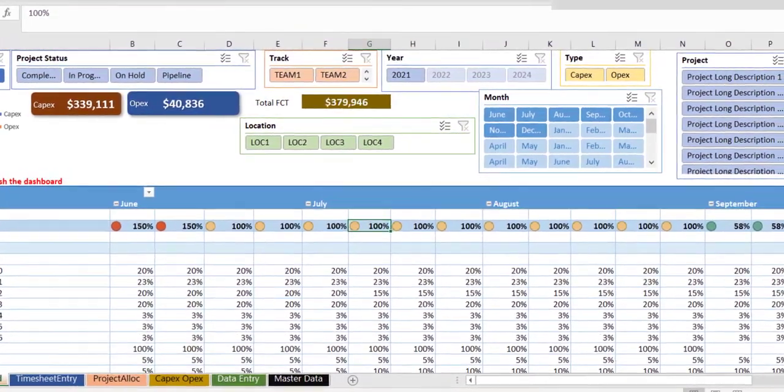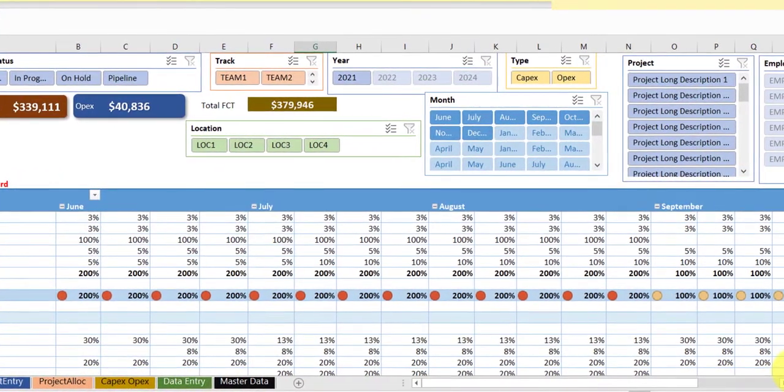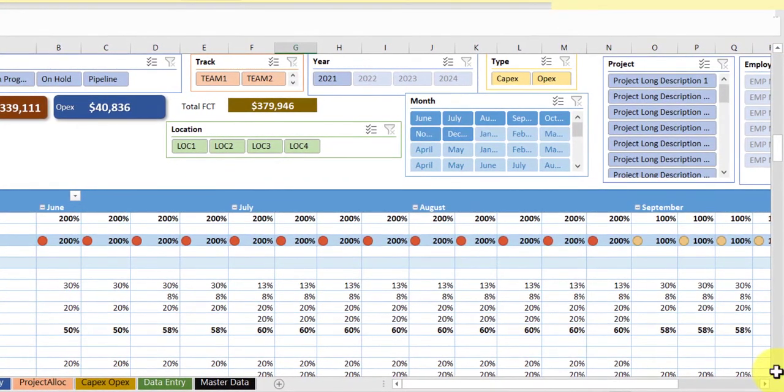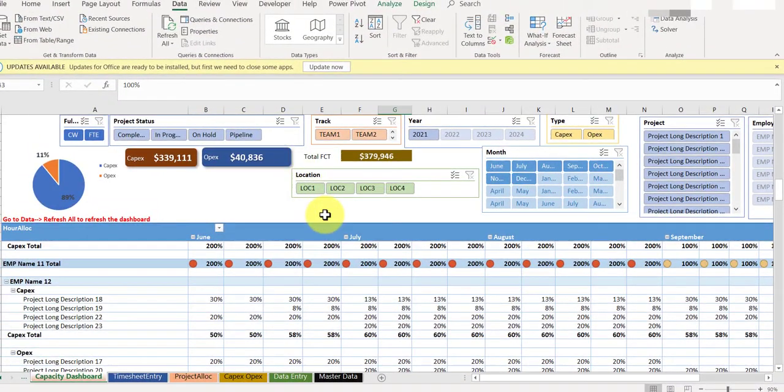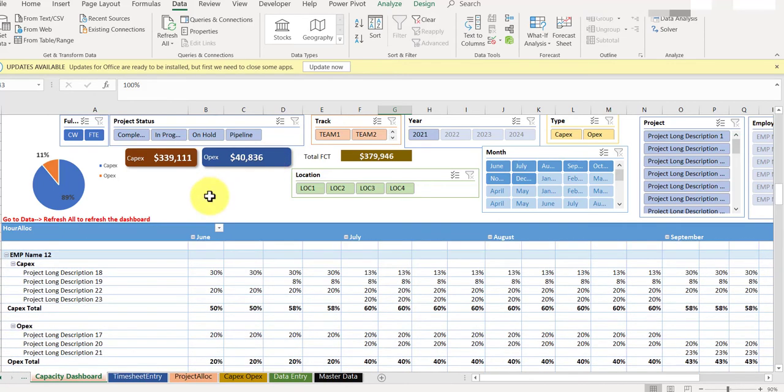So this is a simple way of allocating your time and resource to multiple different projects and see the total cost based on the amount of time you have allocated. I'll take you through the activities that you might need to perform in order to see this, and it's a very simple way of viewing how much your resources are loaded as well as how much money you are expected to spend over a period of time.